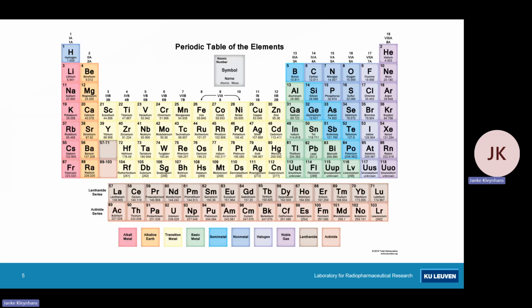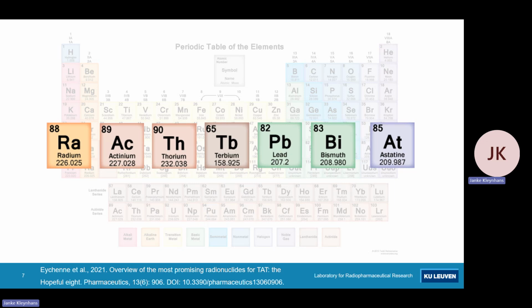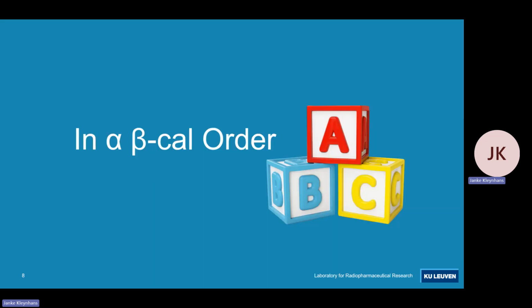So if you look at the periodic table, we have identified the hopeful 8 by this excellent review that you should have a read at. There is versatile chemistry, as you can see here. They are spread all over the periodic table, and I will be discussing these 8 radionuclides in alphabetical order, because